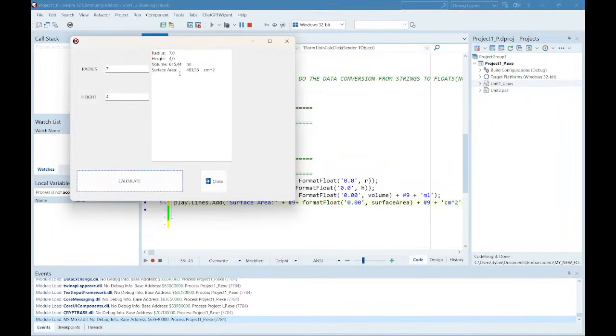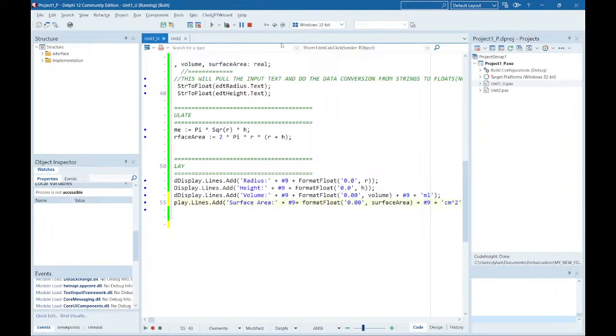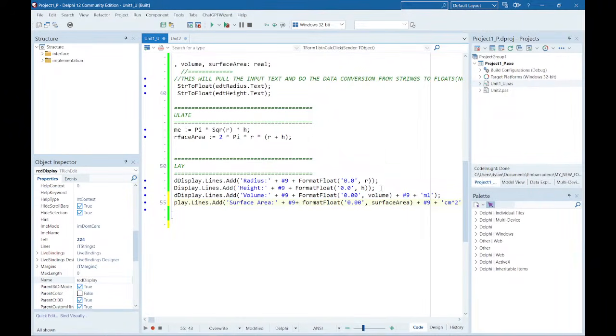It's putting such a huge gap. I need to figure out why, and I'll get back to you on that one. I don't know why it does that. Oh,